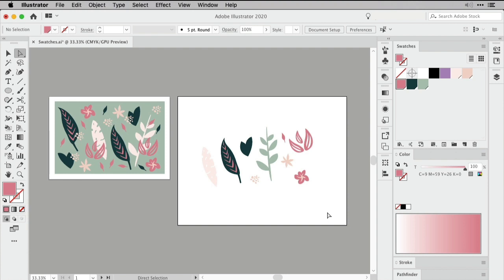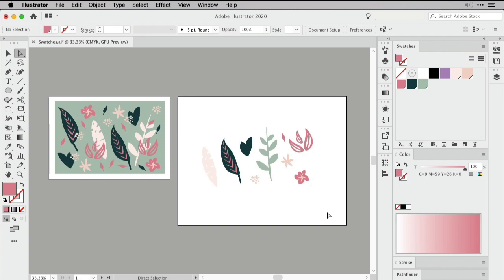So this is really neat, especially when working with global colors. Now you can do this, of course, with regular swatches as well. You can replace them and merge them, but it won't apply to your artwork. This is only happening because we're working with global colors. So if you already know that you might want to change colors and adjust them, instead of selecting each and every single shape and recoloring it, start right away with global colors.